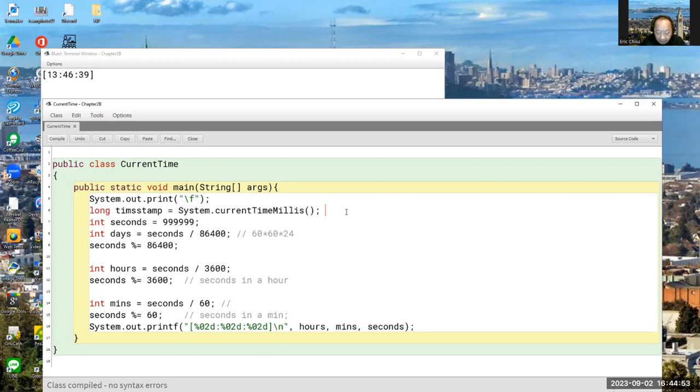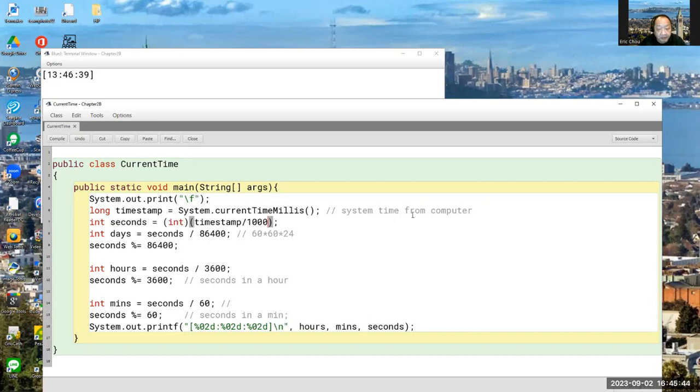And then we will convert it to an integer called seconds. So this is a timestamp, divided by 1000. This one is actually the system time, the system time we grab from our system. So that's the system time from the computer. We divide by 1000, and then we convert it to an integer. This one will be a long data, but we convert it to integer. That would be how many seconds